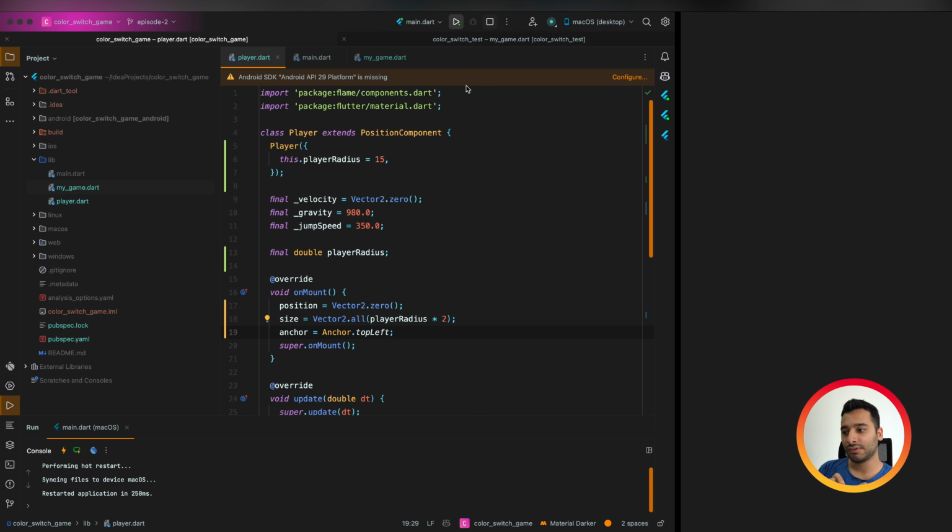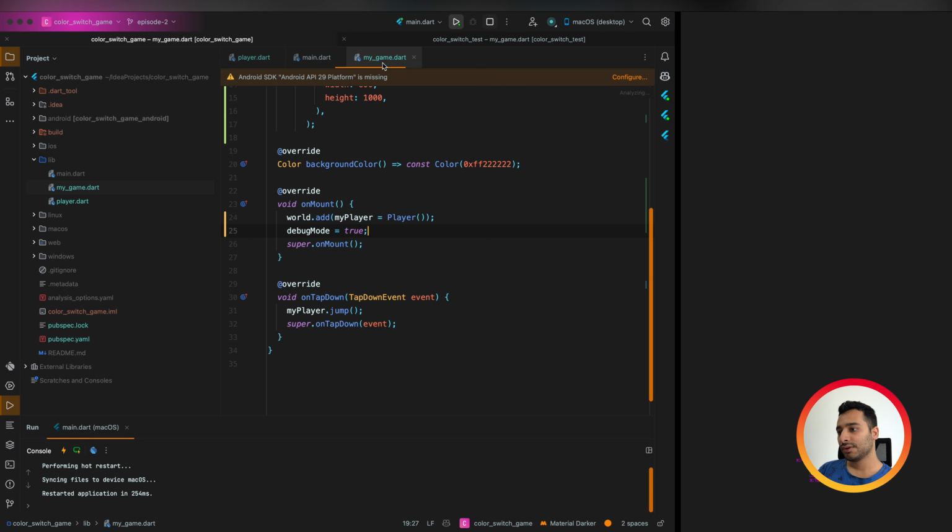When you want to move it, it moves from that point. So here we need to set it as center. Okay, so now we are pretty sure that our component is in the middle of the screen at the start horizontally, and also it has the correct size, and the anchor is centered. So now we can remove the debug mode,